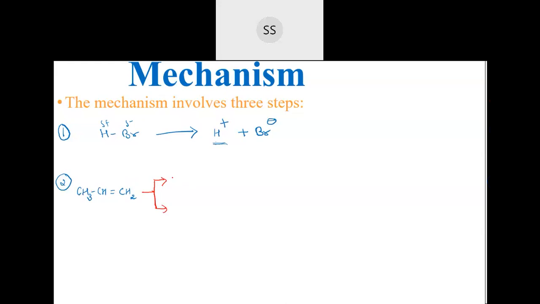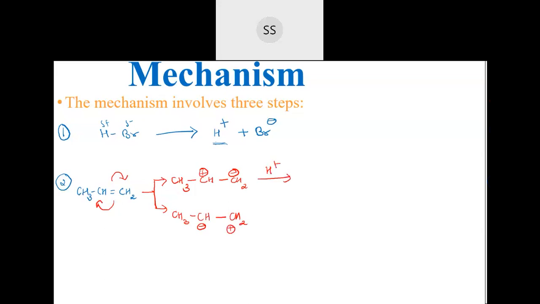So I will take those two possibilities before the attack by H plus. First I am taking this pi electron density towards this carbon. Then CH will lose the electron and get a positive charge, and the pi bond I am shifting towards the other carbon, so CH2 will get a minus charge. I am taking both possibilities. On the other side, I shift the pi electron to the second carbon. Then I get CH3, then CH with a minus charge and a single bond, then CH2 with a positive charge. Now comes the attack by the H plus.